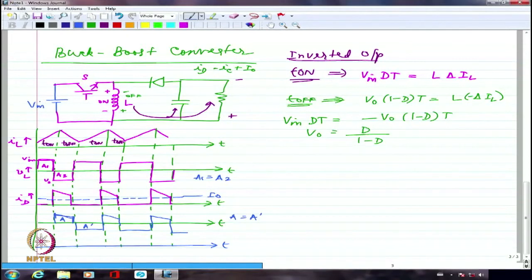Otherwise I will not be getting I naught. Because the capacitance, whatever it is accumulating even for that short duration, that is from the diode. And that's what it is giving back to the load. So ultimately the diode current is giving the energy to the capacitance which it is providing to the load during the off interval. Right? So if I look at the diode current over the complete period,